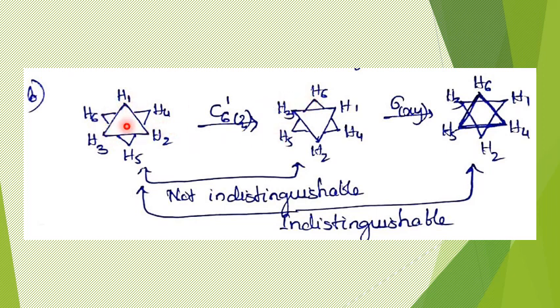Now carefully observe that these two are definitely distinguishable. These two are not equivalent to each other, because on the front carbon atom we have a hydrogen atom here, but now on the front carbon atom we don't have a hydrogen atom. Similarly, on the back carbon atom at this position we have a hydrogen atom, but now on the back carbon atom, you refer here, we don't have a hydrogen atom here. So this is different from this, and C6 is definitely not a symmetry operation on this molecule.